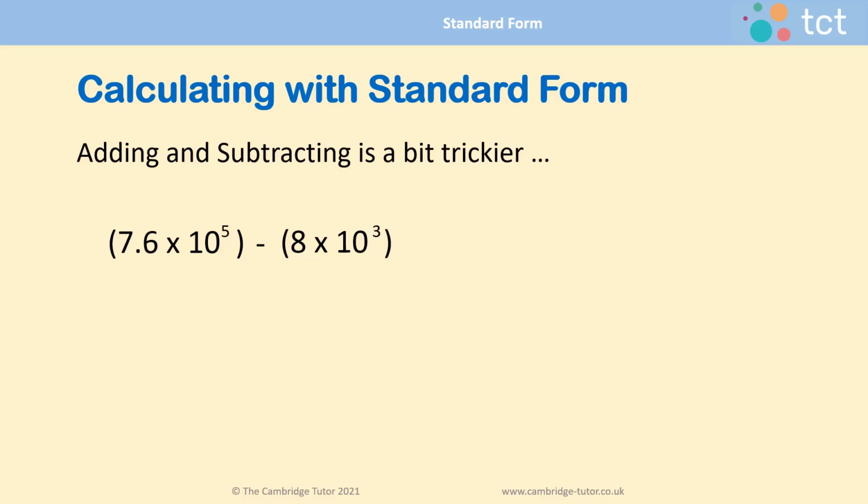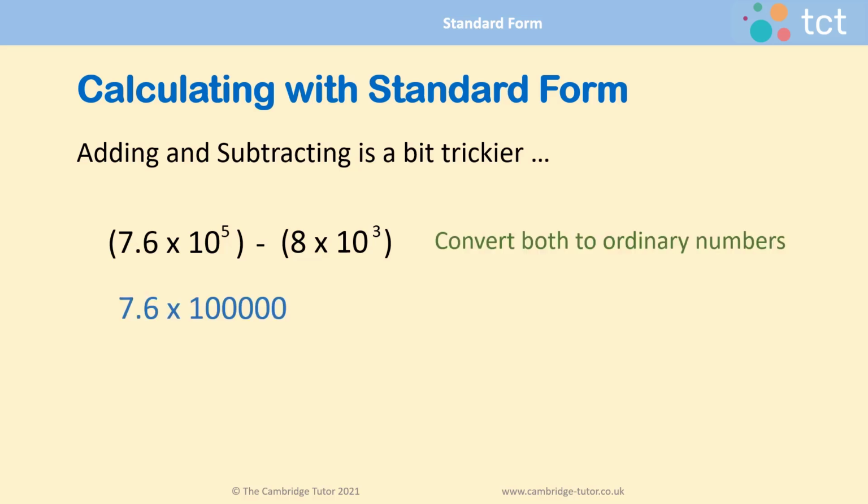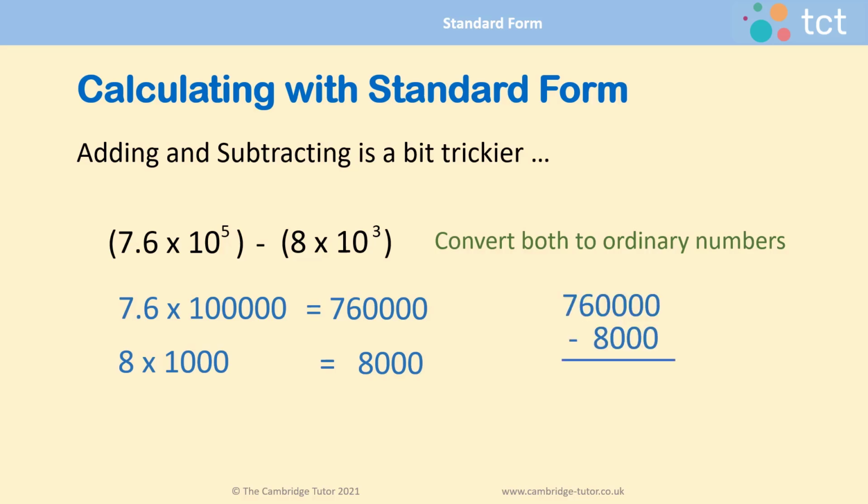And just to take you through that again, here's the subtraction one. We're going to start by converting the numbers to ordinary numbers. 7.6 times 10 to the power of 5 is the same as 7.6 times 100,000. That's 760,000. 8 times 10 to the power of 3 is the same as 8 times 1,000, and that's 8,000. Now we subtract. 760,000 take away 8,000 leaves